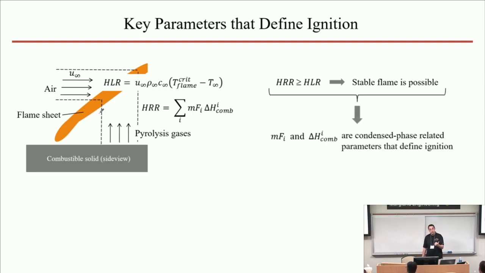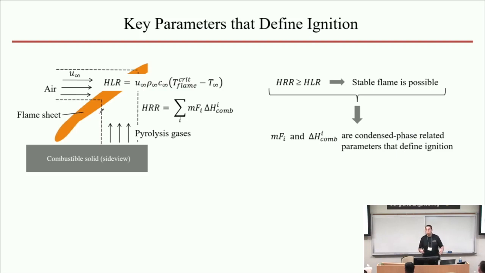And those are the mass fluxes associated with the mass fluxes of fuel and the heats of combustion of individual fuels. So if you know these two physical quantities, you can actually determine where the ignition occurs. Now, you can do it through simple empirical models that have been developed for specific scenarios. For example, it is very well known by now that in a scenario similar to a conical emitter, where there is no forced flow of any sort, the critical heat release rate of 20-something kilowatts per meter squared represents the critical conditions for ignition.